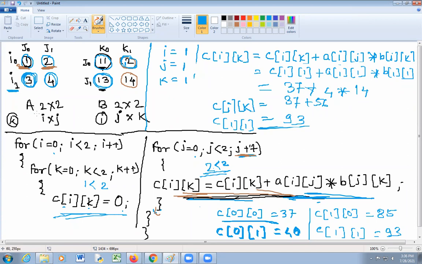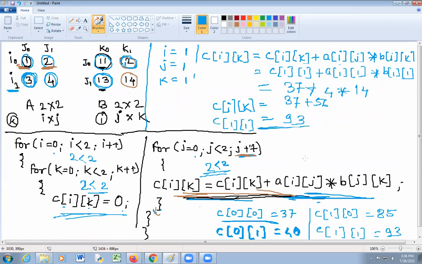Increment value of K. Initial value of K is equal to 1. After incrementation, it will become 2. Check this condition. 2 is less than 2. This becomes false. So go out of loop. Increment value of I. Initial value of I is 1. After incrementation, it will become 2. 2 is less than 2. This condition becomes false. Go out of loop. That is, stop your code.